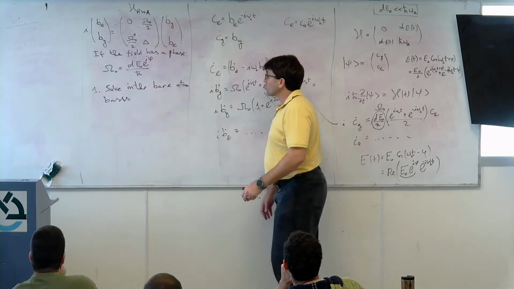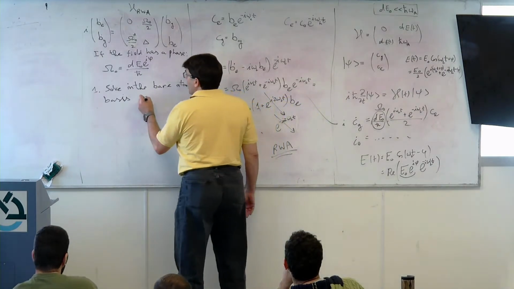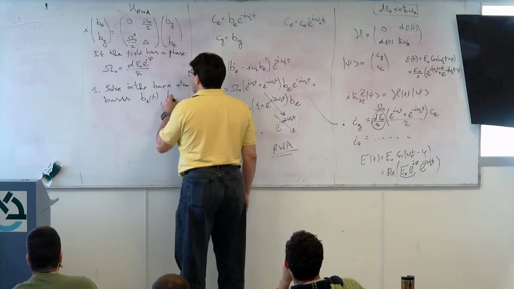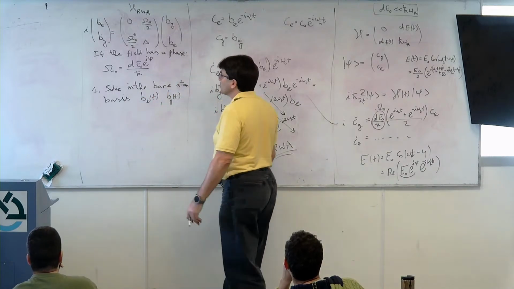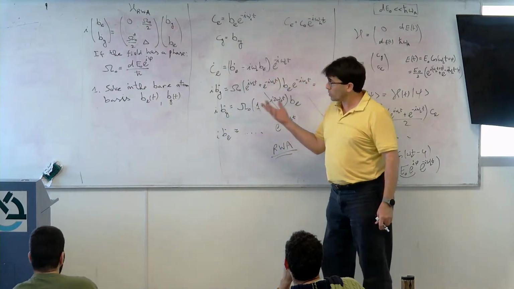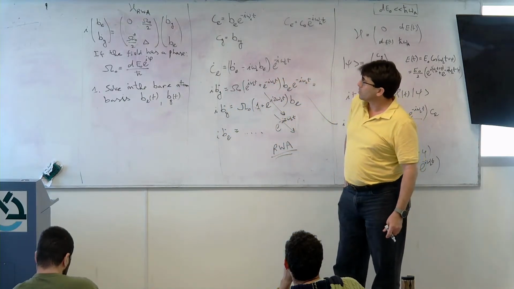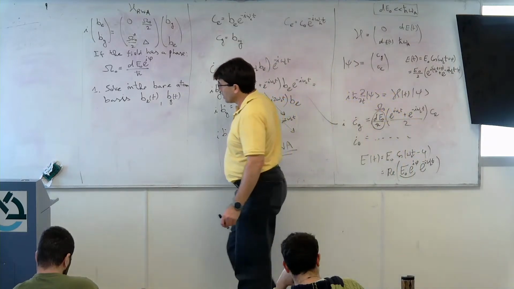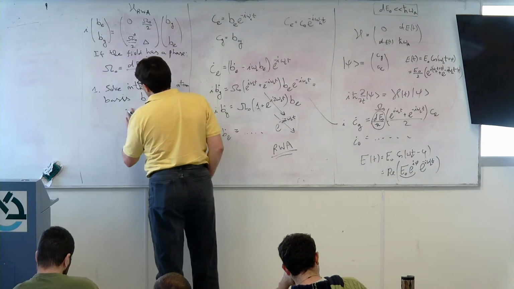If I want to solve in the bare atom basis, it means that I want to find B excited of t and B ground of t, and we did that. We found that we have a solution. The solution was